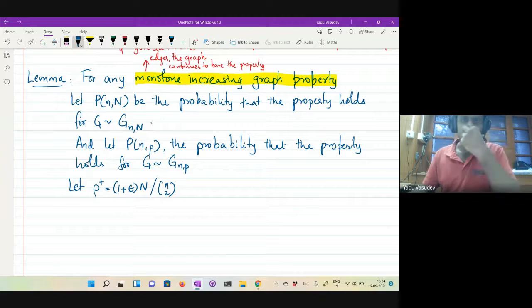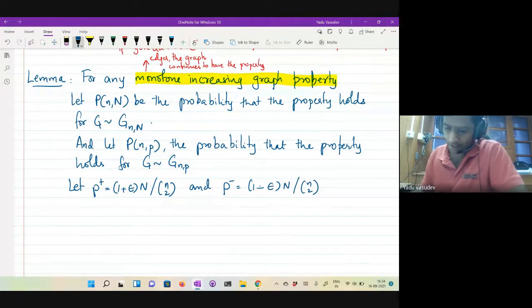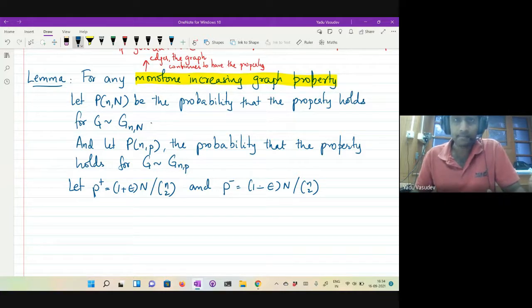Okay, let's assume that these are just graphs instead of multi-graphs now, right? So p plus is this and p minus is (1 minus epsilon) n divided by n choose 2, right? The choice of this is mainly so that the expected number of edges is actually close to capital N, right? So if this happens